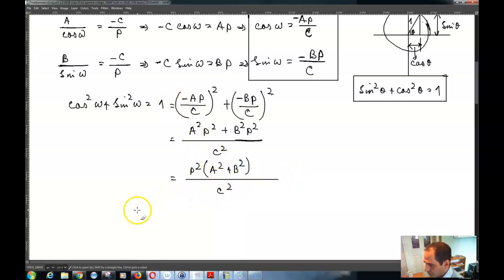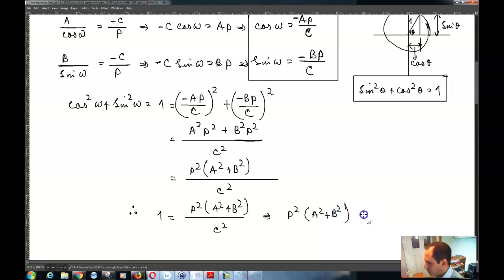So 1 is equal to P squared times (A squared plus B squared) over C squared, or P squared times (A squared plus B squared) is equal to C squared,